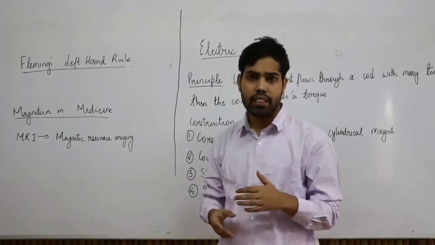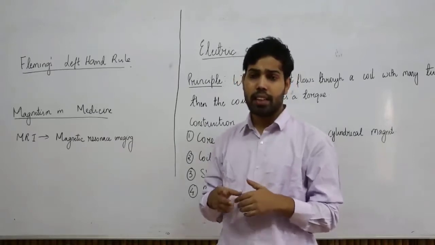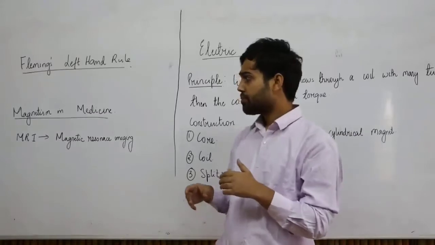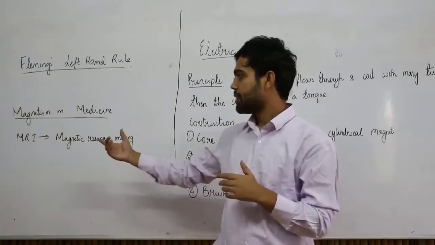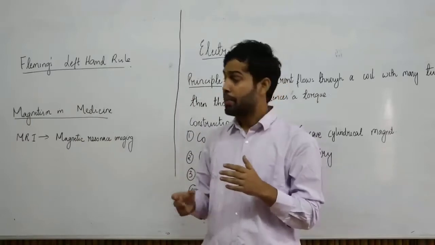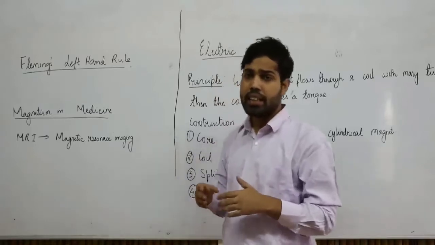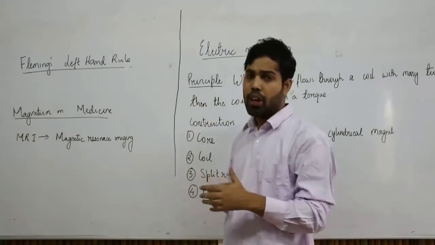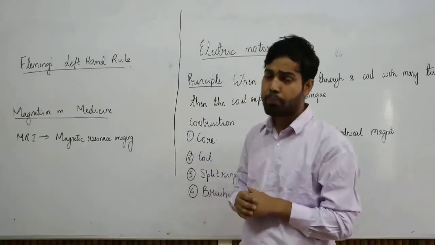Now there are certain organs which produce electric fields which are significant, like our brain and heart, which produce a significant amount of electrical energy, and the magnetic field produced by them is also significant. The magnetic field produced by the organs forms the basis of this technology known as MRI, which is magnetic resonance imaging. This device is used by brain and heart surgeons to get a clear, deep view of these organs. So this is how magnetism helps in medicine.